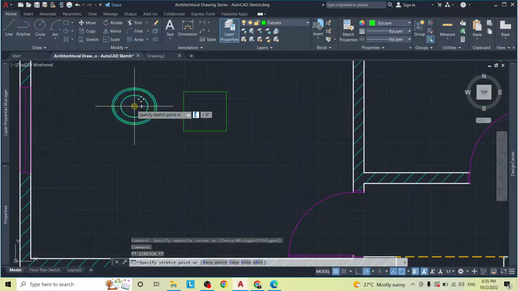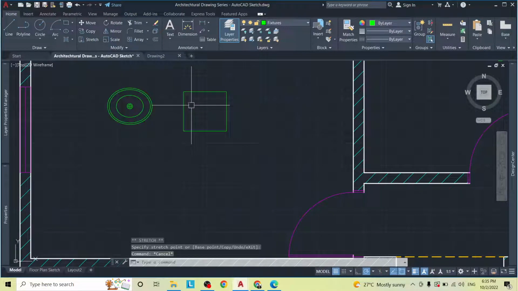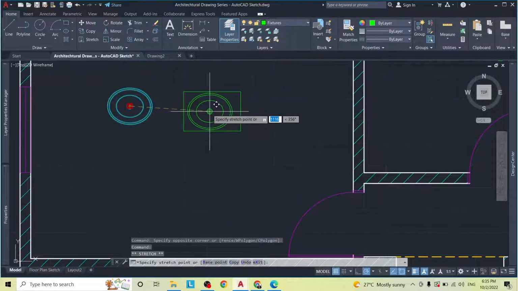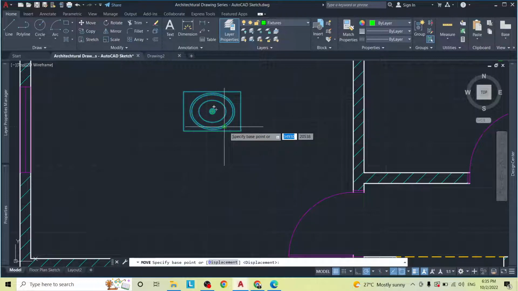Oh boy, I put the measurements the wrong direction. Did I say 600? Maybe I need to widen it some more, just a little bit. Now this doesn't have to be perfect. Good. And I'm going to move this on the inside. I'm going to use this point as my,